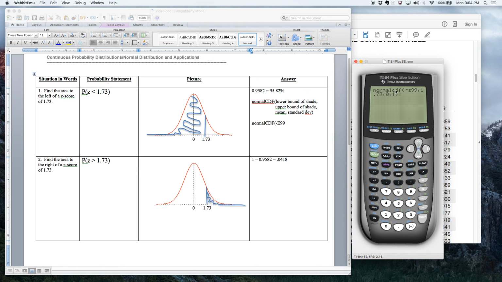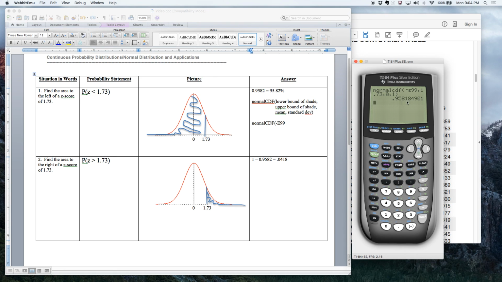So what does that statement say? You're saying, give me the area under the normal distribution between negative E99 and 1.73 z-scores when the mean is 0 and the standard deviation is 1. Now listen, we did it. It's 0.9582. We looked it up in the table. This better tell me that number. All right, so here you go,